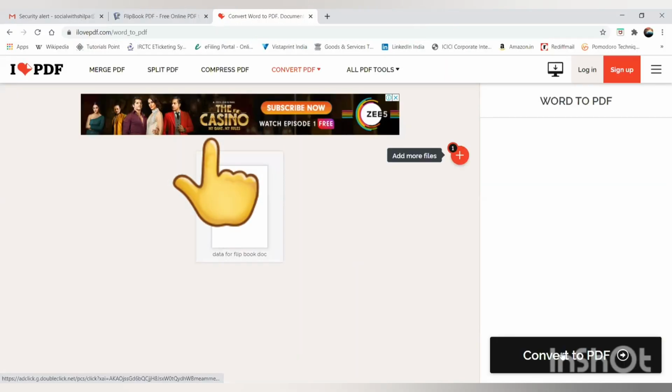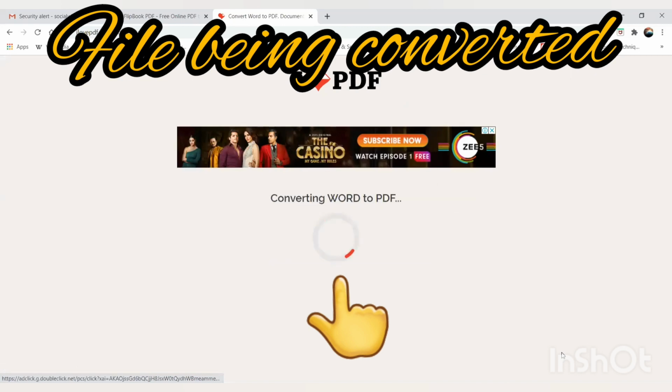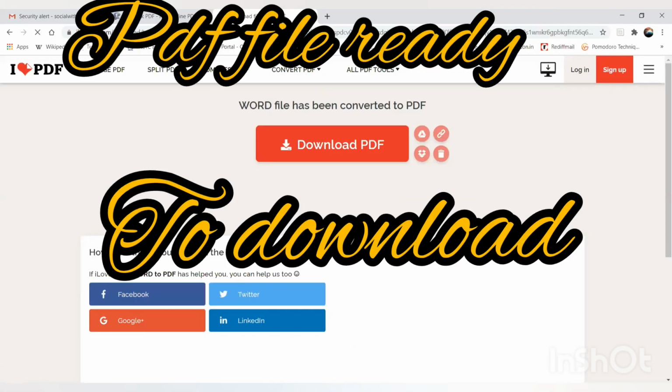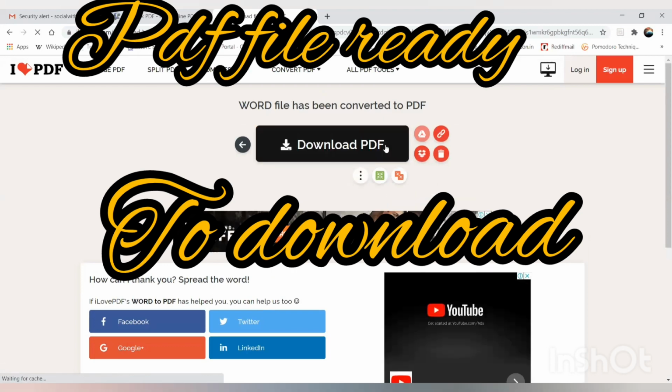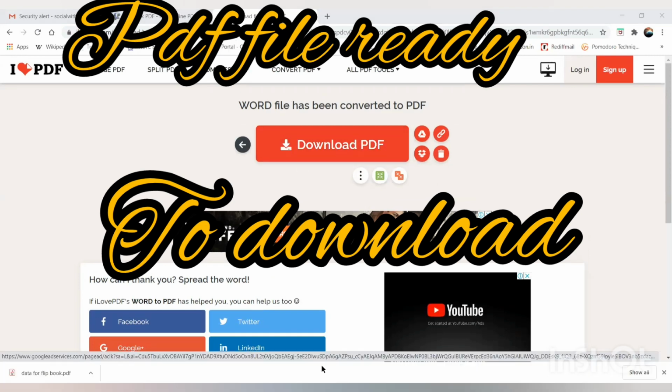This data, we'll click convert to PDF. So it has been converted to PDF. You can see here download PDF, and it is being downloaded here. Wherever the downloads option has been set up in your system, your desktop, your laptop, so you may go there and you can retrieve your PDF, that Word to PDF converted file there.